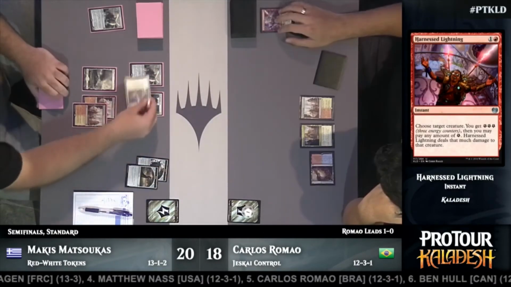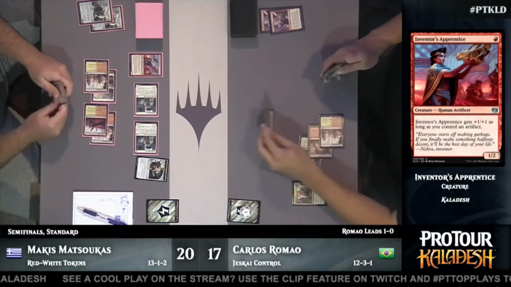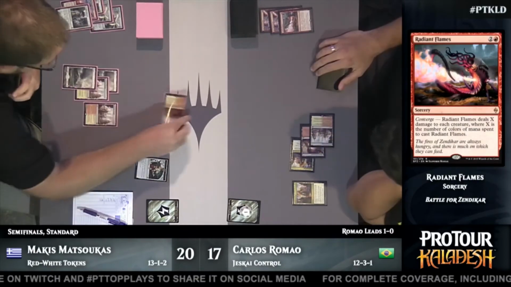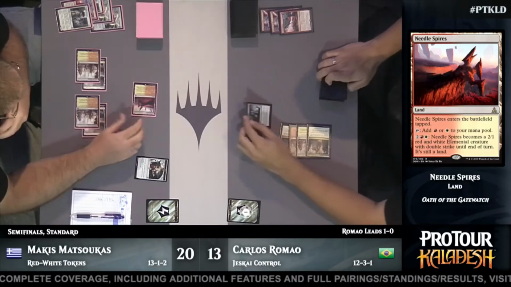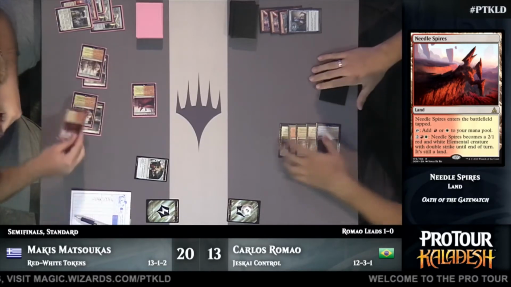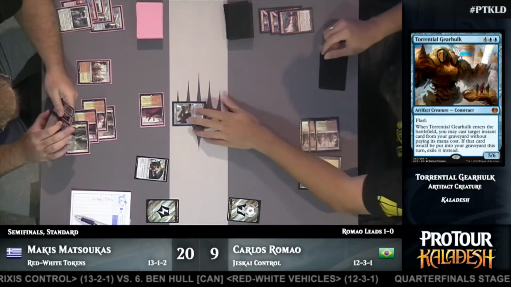his mulligan, another Harness for the second, and Matsukis is left cracking clues. The key Radiant Flames cleans up the board, and all Matsukis can do is activate Needle Spires and get in, dropping Ramau to a still very healthy 13 life. Main phase Glimmer to hit a land drop, he finds 2, setting up Gear Hulk for turn 6. Spires gets in again, but on the 3rd attack, Gear Hulk for Glimmer gets in the way, and this game